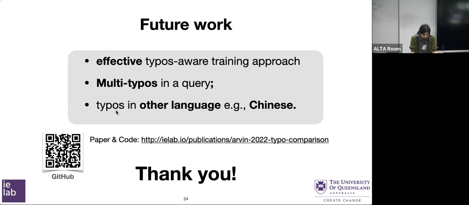And for the data, you recall we use synthetic typos. Those typos are actually realistic, but they only consider errors made with respect to insertion and this kind of thing. We don't consider phonetically compatible misspellings, where for the same sound we have different spellings due to orthography. We also only inject one typo in the query, so what about injecting multiple typos? And also we didn't consider typos in other languages like Chinese, because they may have different patterns.